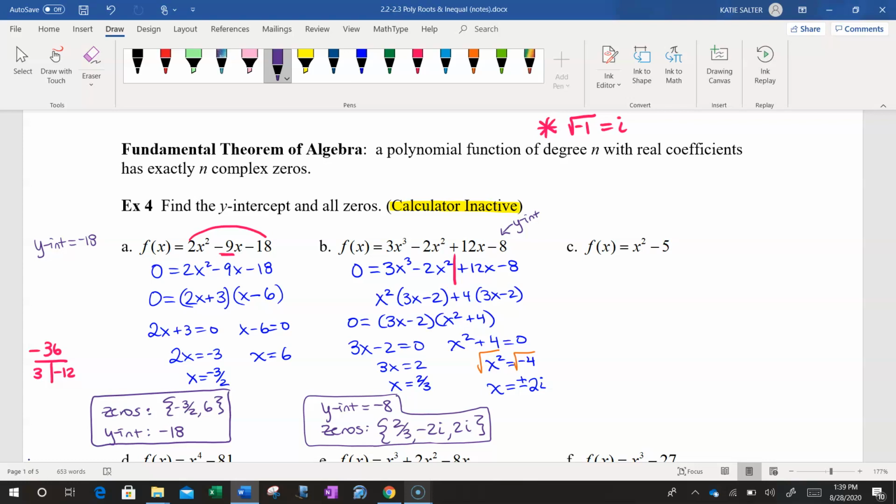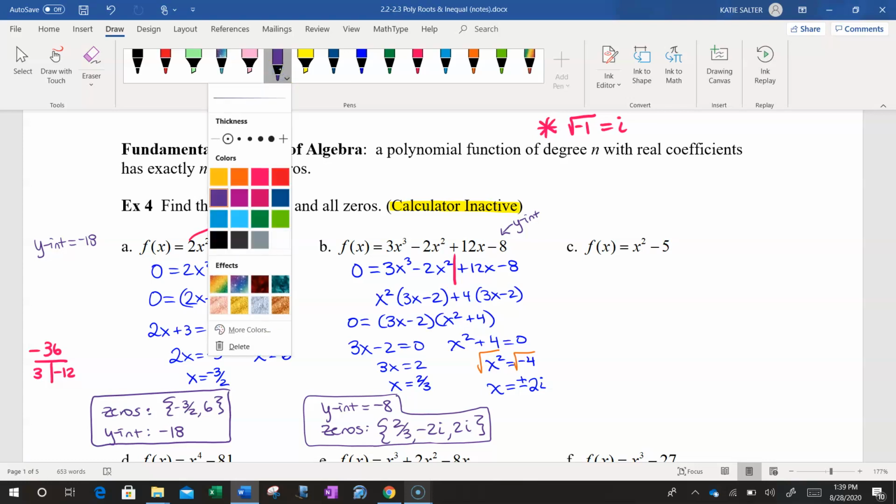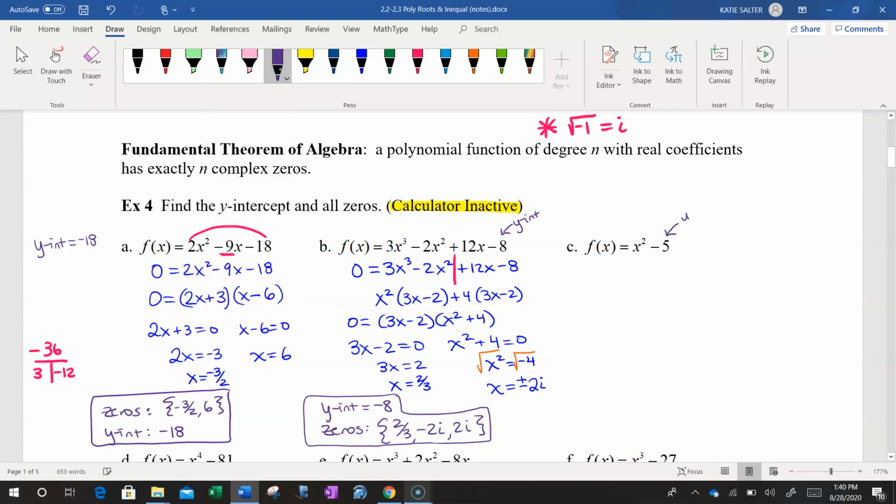It's another quadratic. So we can see that the y-intercept again is at negative 5 because it is in standard form. So we don't really need to substitute 0. We already know that. So to solve this, we're going to set it equal to 0. Now, most of you are like, that's not factorable because 5 is not a perfect square. But actually, you can factor it if you want. You just use that whole difference of squares system. If you have a